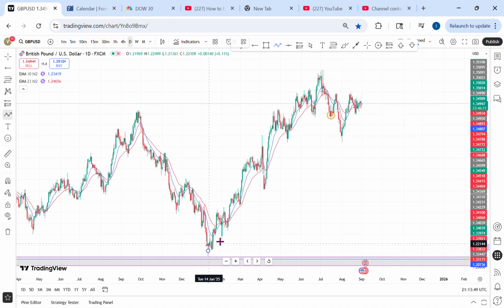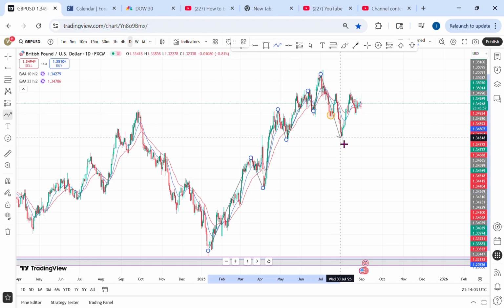This is an impulsive move. We have a correctional, we have an impulsive, we have a correctional, we have an impulsive. Then we have a correctional. The market came back here, broke this low, came back and formed an equal low from this